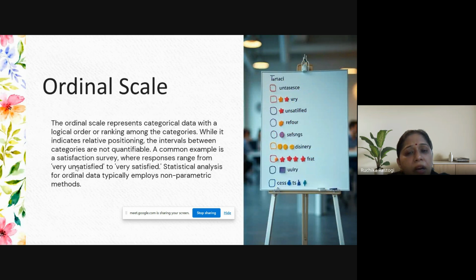Then we have seen the ordinal scale. The ordinal scale already has the feature of nominal, but you are also able to provide some MCQs, and all those responses can be kept in ascending or descending order, or you can put them in a rank. For example, where comparison can be made on certain characteristics, you can say that B is better than A and C is better than B. On the basis of the ranking, you can put them in ascending or descending order. That way, it is called an ordinal scale.